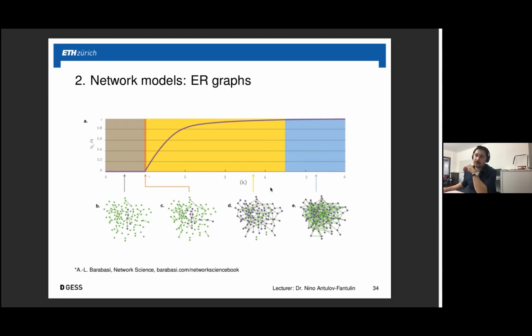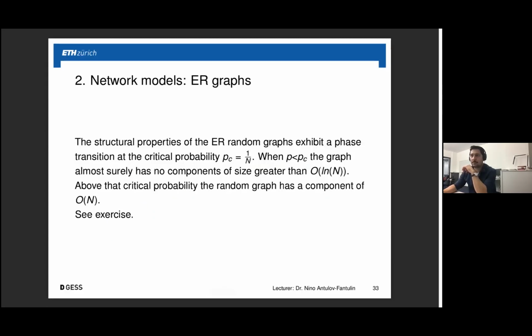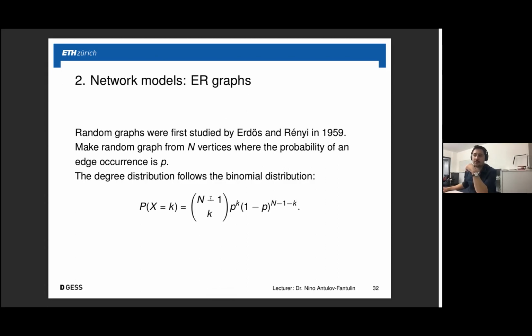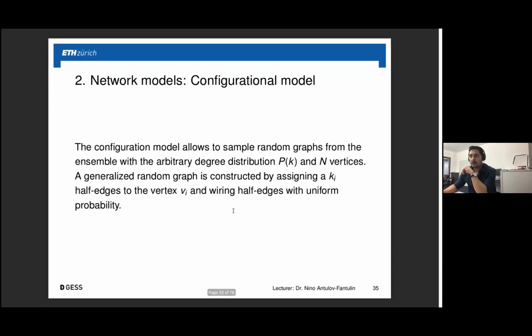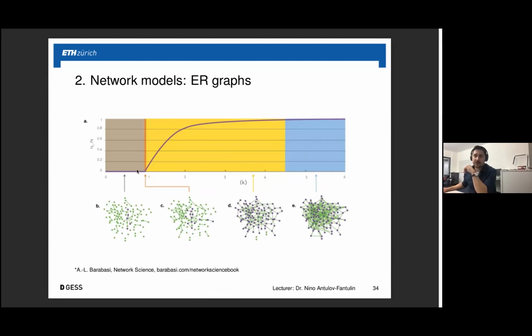This is just visualized with respect to the critical parameter, the average degree k in a binomial network, but this is directly connected to the probability p, because when you are having a binomial, the average degree is that you take the number of nodes and you multiply it with p. So you are having a certain type of phase transition: below a certain parameter, the largest connected component has a very small size, and above this threshold you are having a large giant connected component.